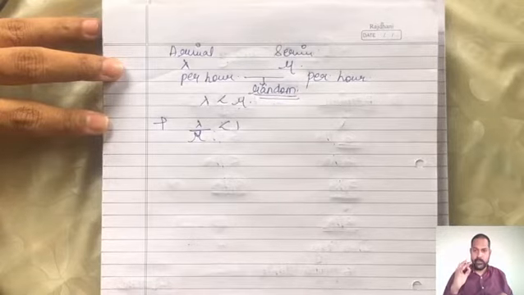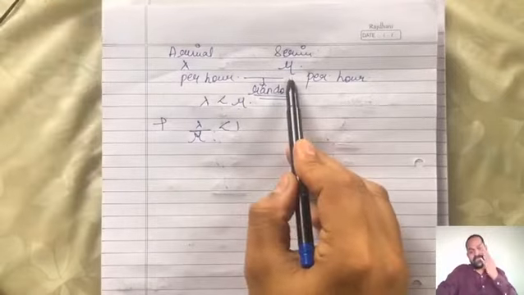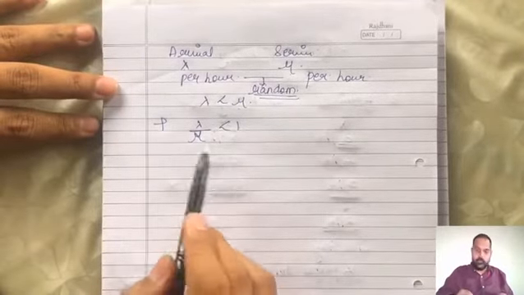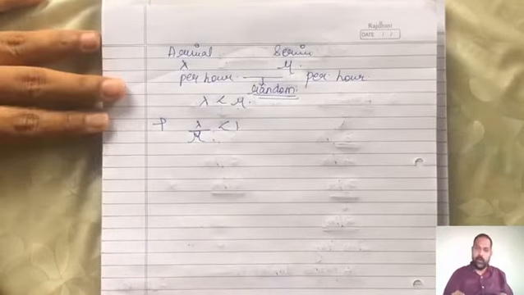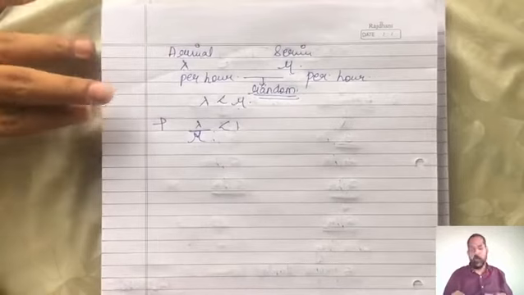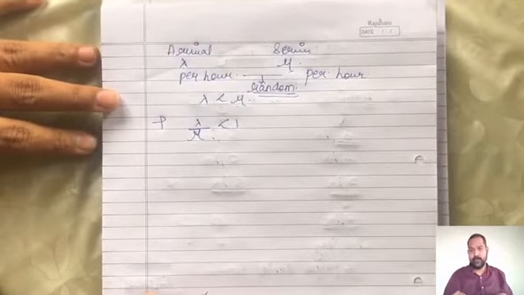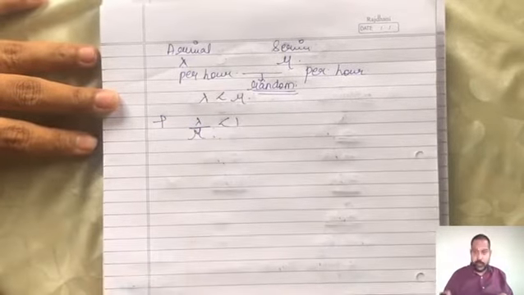So, a quick recap. People arrive at a service station at the rate of lambda per hour and they get served at the rate of mu per hour. The ratio between lambda and mu, which is lambda upon mu, should always and always be less than 1. If it becomes greater than 1, your queuing system is not a good queuing system. Now that you've understood 1 and 2,